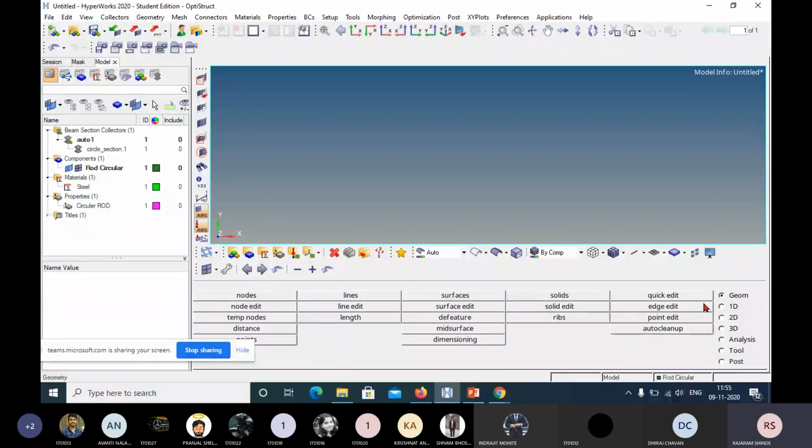Okay, now you have to create the rod. Now for creating the rod, or rod element, its shape is a line. It is not an actual circular rod. Okay, do you agree with this? We have assigned those properties to the rod element, but the element shape is a circular line element.